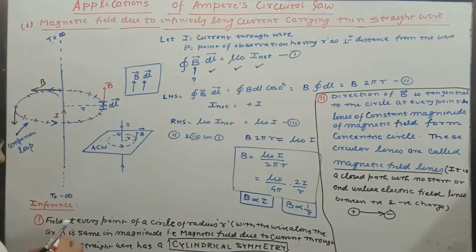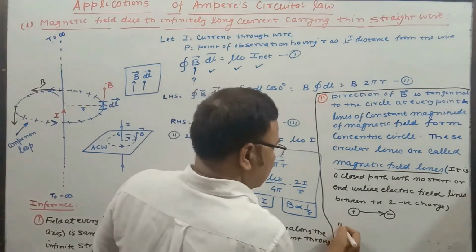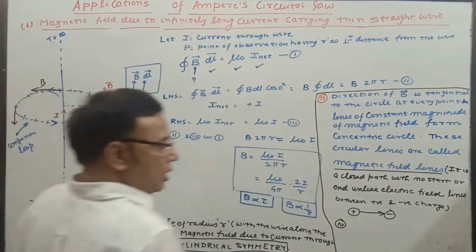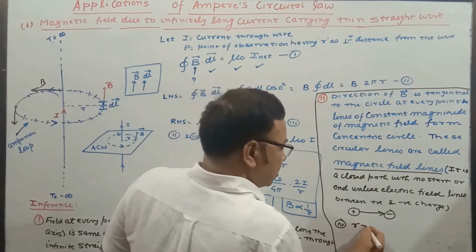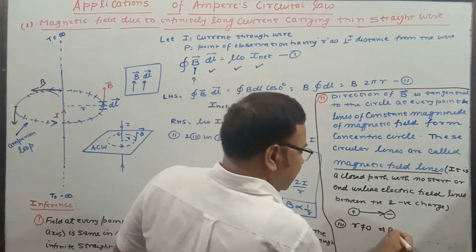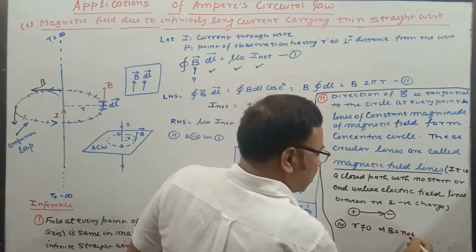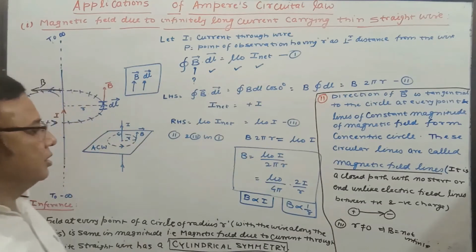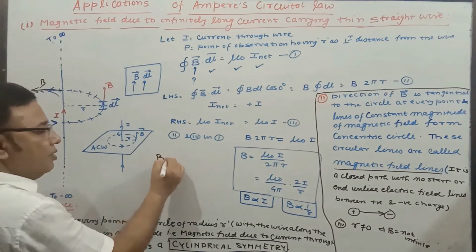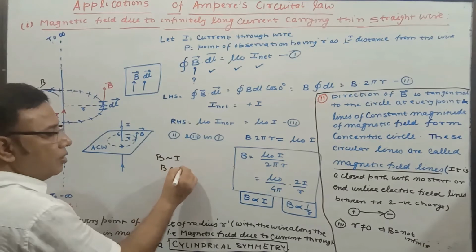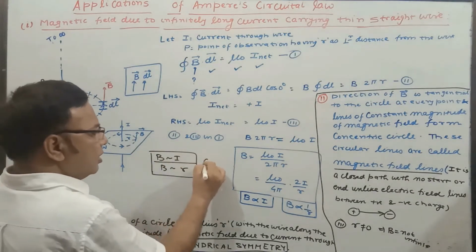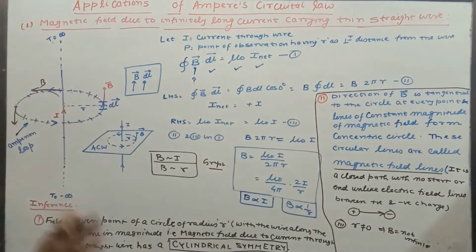Now the third point. In the third point, what we see is that the wire is of infinite length and current is flowing through it, but even at non-zero distance, the magnetic field is not infinite. Though the wire is infinite, the magnetic field is not infinite. So that is the explanation. Now your homework is to draw a graph of B versus I and B versus 1 by r, or you can say not 1 by r, r. So draw these two graphs at home and note them down properly,